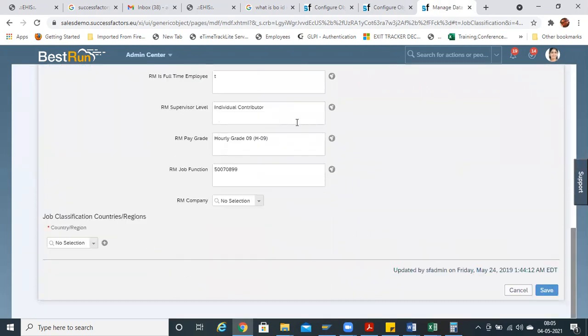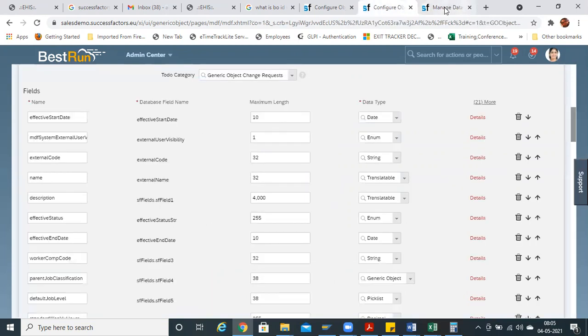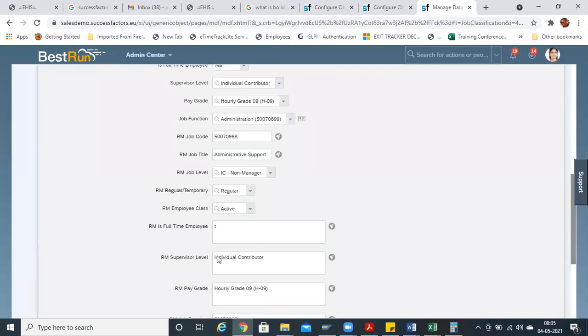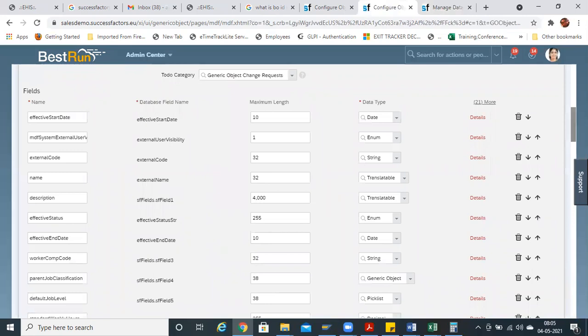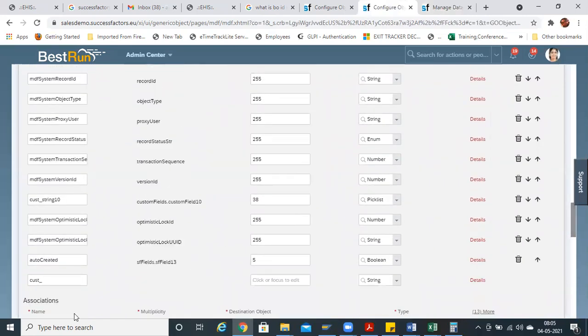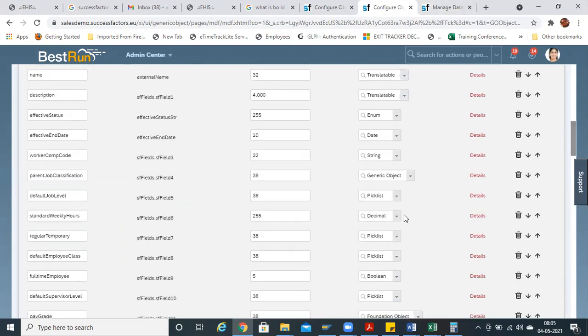The configuration is almost the same as what we have done with legal entity. Don't touch the already existing fields, which are pay grade and job function. If at all you want to change the name, you can change it, but don't hide or delete it from the backend. These are very important fields, which are the standard fields in SuccessFactors. If you want to create any field, I have told you for all MDF objects, there is a similar process to create the field. You can just create it under cust and that field will be applicable based on the data type.